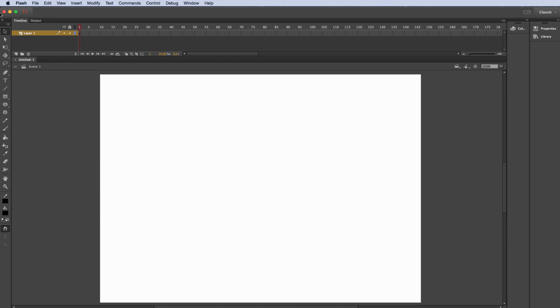I'm going to just call this first layer Chicken 1. Alright, I'm going to draw a chicken right over here real quick. So I'm going to speed up the footage just so that this doesn't take forever. Okay, so this is sped up by about 500%. And what I want to do is just draw in a very simple chicken.